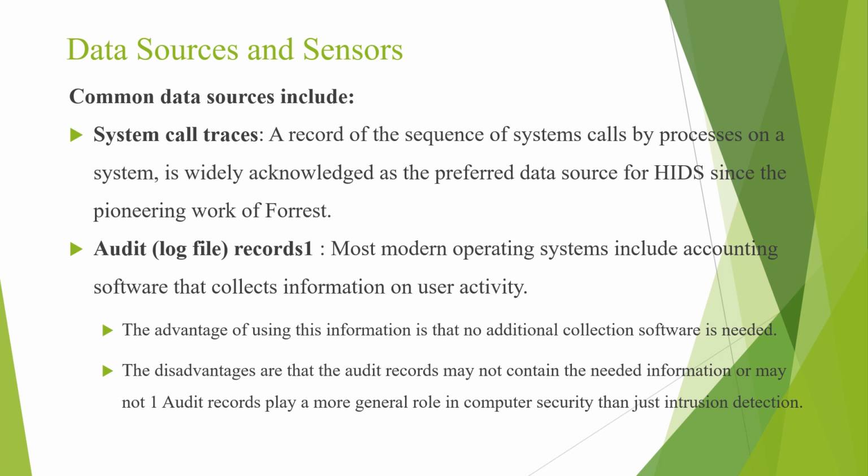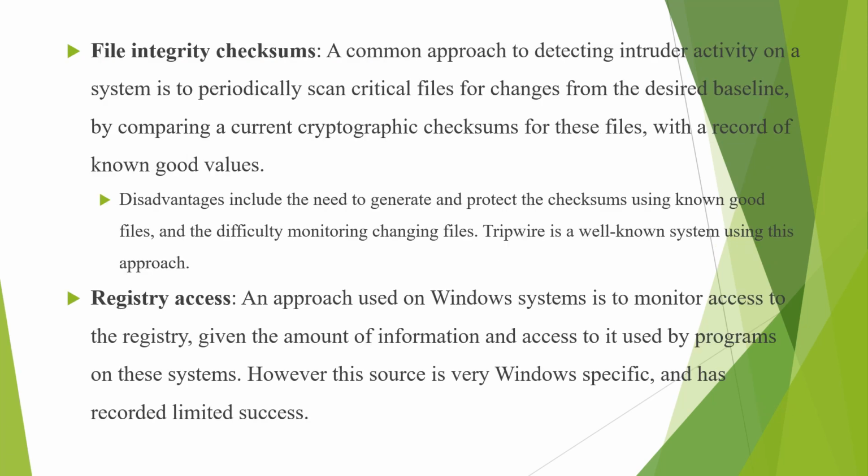File integrity checksum. A common approach to detect intruder activity on a system is to periodically scan critical files for changes from the desired baseline by comparing a current cryptographic checksum for these files with a record of known good values. The disadvantages include the need to generate and protect the checksum using known good files and the difficulty of monitoring changing